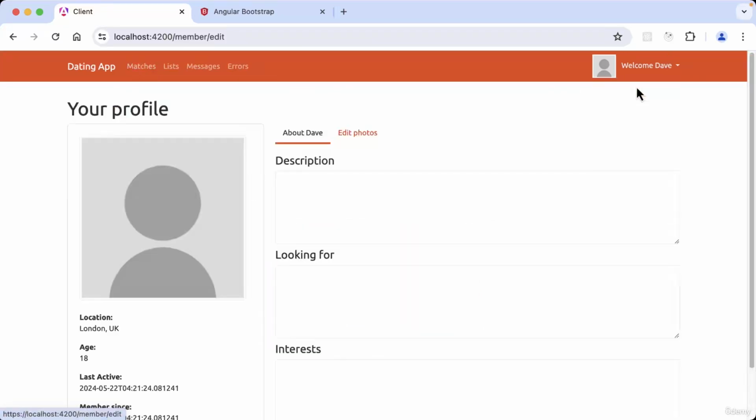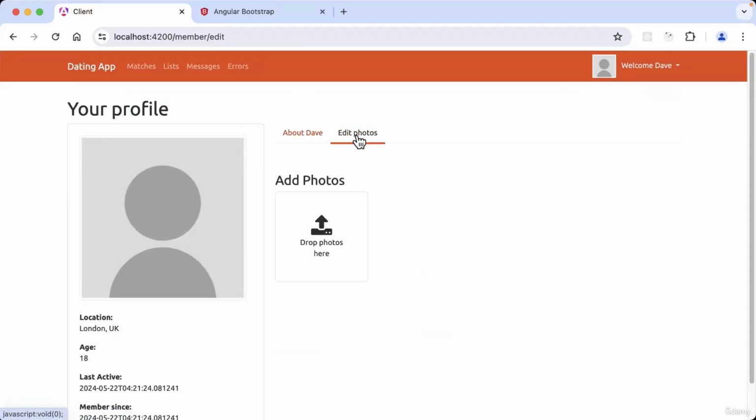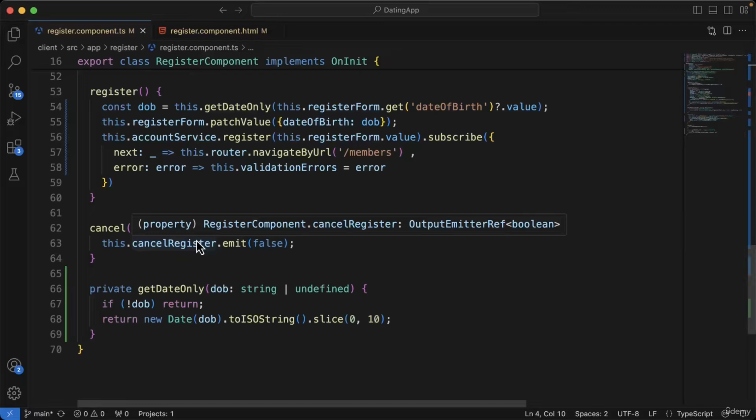If we go and edit the profile and edit the photos, and if we add a new photo here, then on our API side of things, because it's their first photo they're uploading, that's going to be set to main. But we also need to do something on the client side. So if we want to see the navbar updating, for instance, and this image updating with the new photo that's set to main, we need to do a bit more work, because if we go back to our photo editor